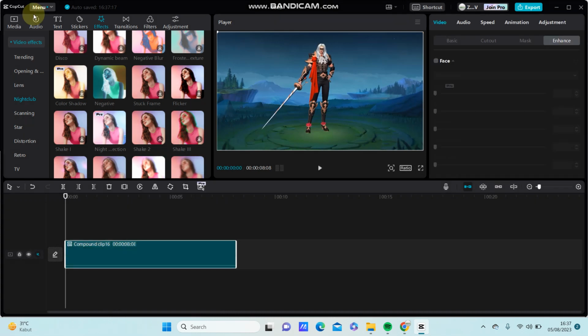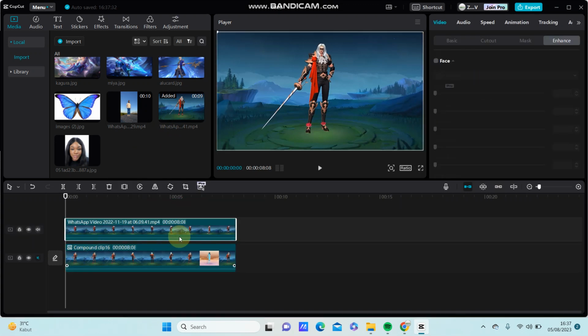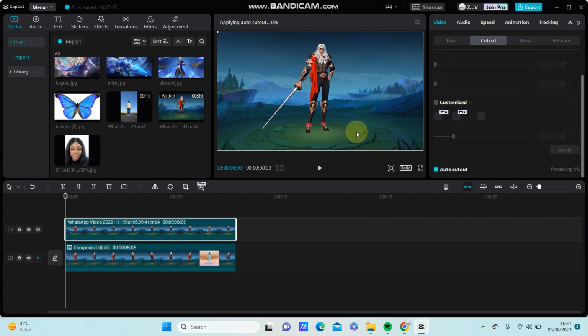Go to media and add the same video, put it on top as another clip, which makes it an overlay. Go to cutout and select auto cutout or chroma key to remove the background. So for this video I'm going to select auto cutout to remove the background automatically, and after it's done you can see the final result like this,